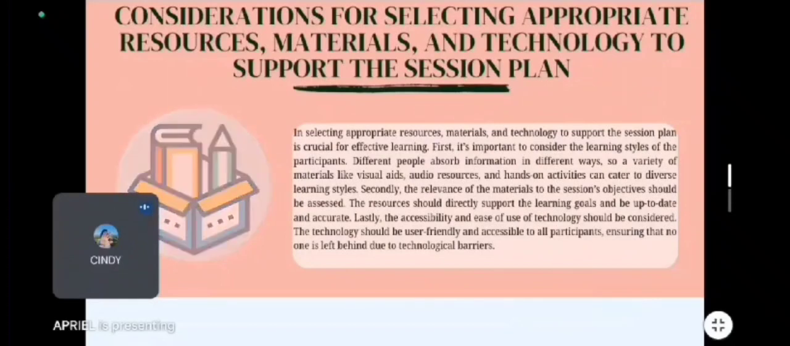So a variety of materials like visual aids, audio resources, and hands-on activities can cater to diverse learning styles. Secondly, the relevance of materials to the session objective should be assessed. The resources should directly support the learning goals and be up to date and accurate. Lastly, the accessibility and ease of use of technology should be considered, and that technology should be user-friendly and accessible to all participants, ensuring that no one is left behind due to